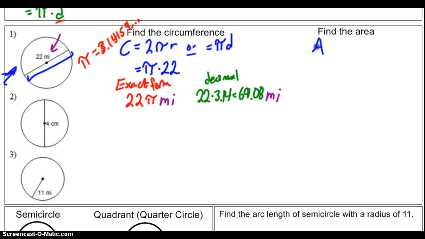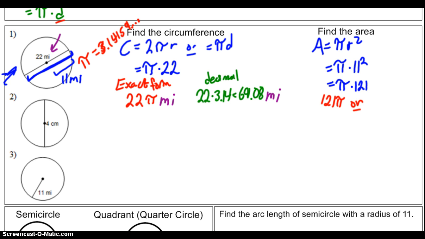Now for the area, the formula for area is pi r squared. Now, the diameter over here was 22 miles, so the radius will be 11 miles. And so when I plug everything in, I get pi times 11 squared, which ends up being pi times 121. And now, exact form, right? I'm not going to multiply by pi, because that would give me a decimal. And I'd be left with 121 pi. Or, if I want decimal form, I would do 121 times 3.14, and I would get